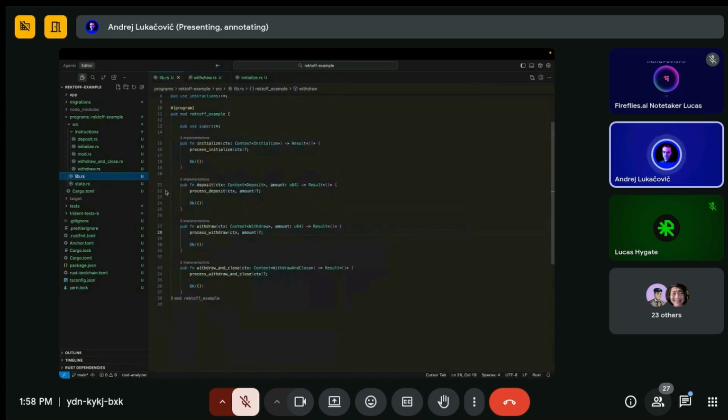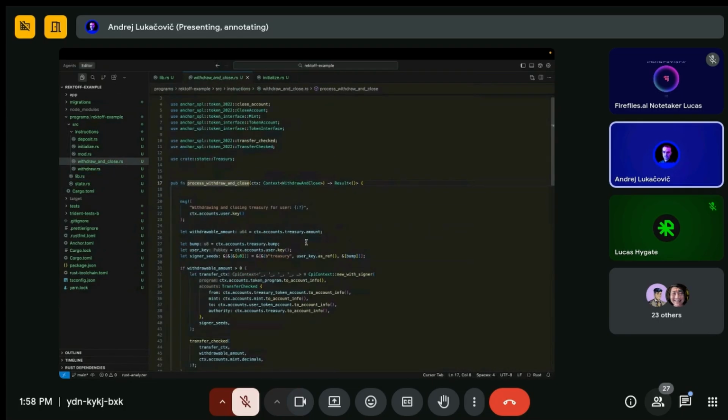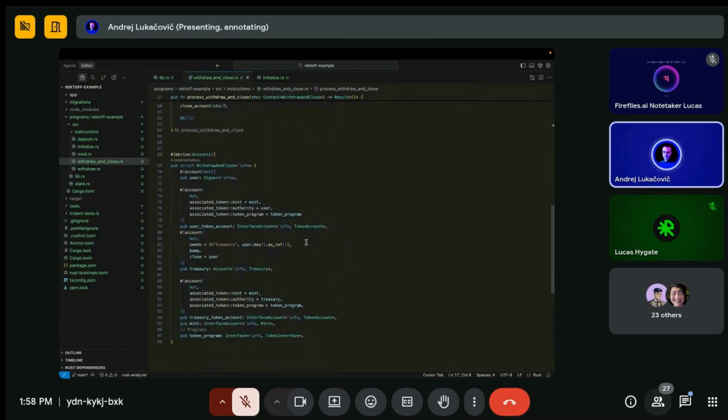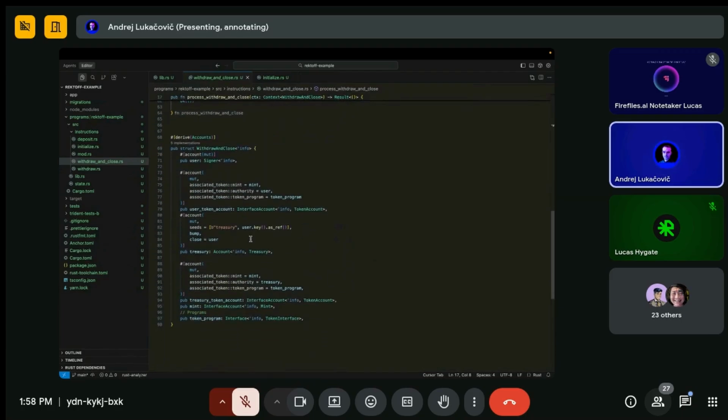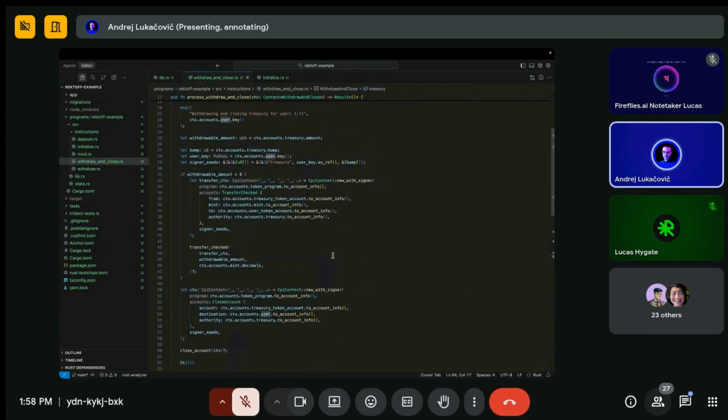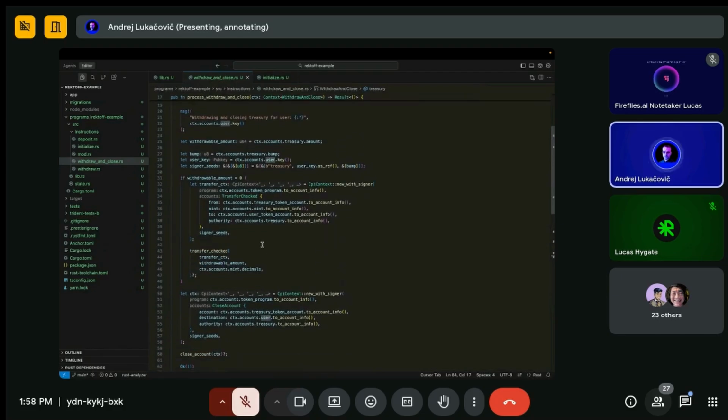And last instruction is the withdraw and close. So context, the same as withdraw with small difference, and that is this treasury is closed. And also here in the body, what we do is that we take the withdrawable amount that we take from the